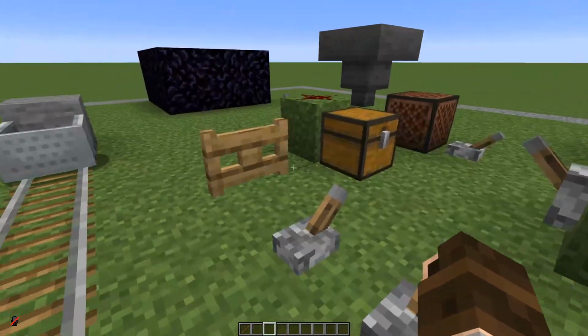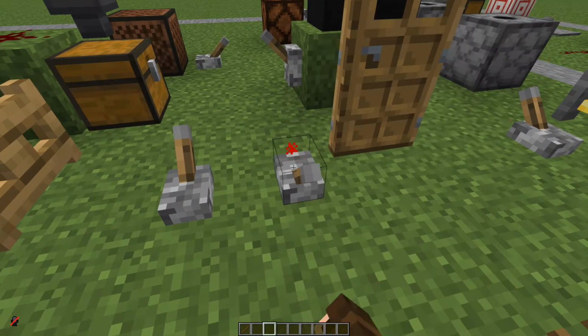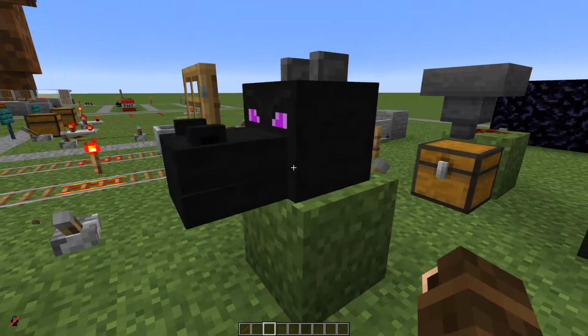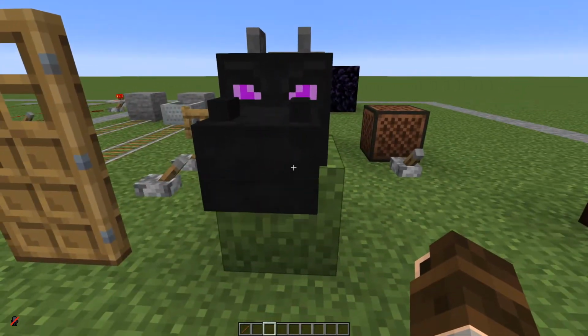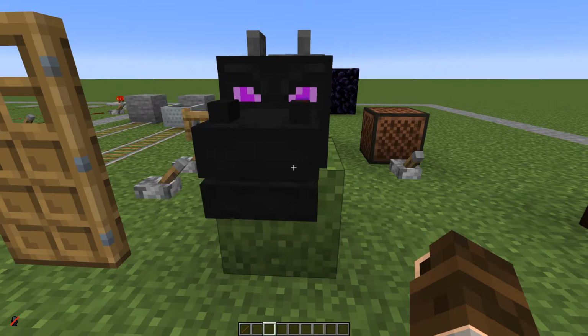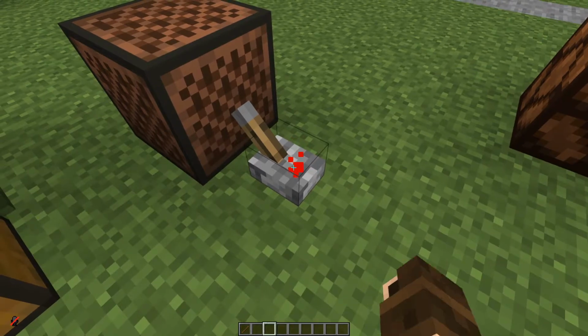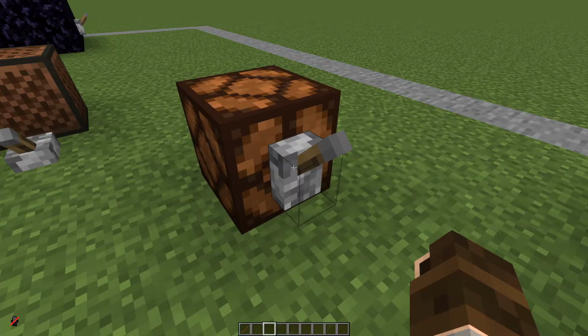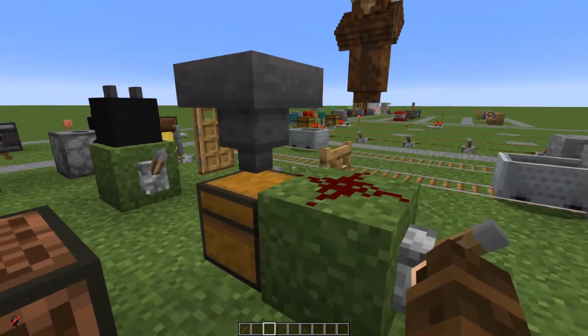Then we got our doors and our gates. If powered, they will open. Then we have our dragon heads, which when powered, will go waka waka. We got our note blocks that make sounds, redstone lamps that will turn on, and then we have our item